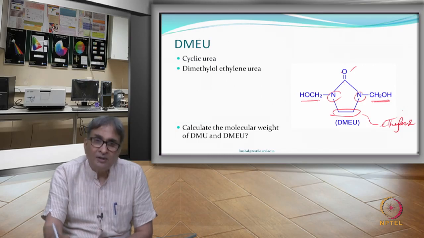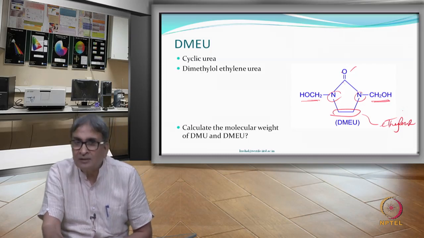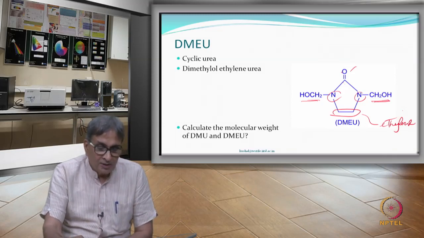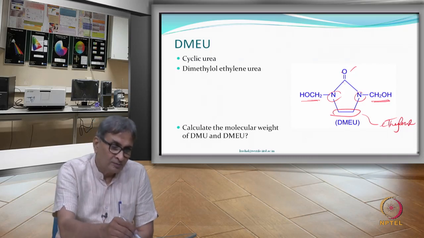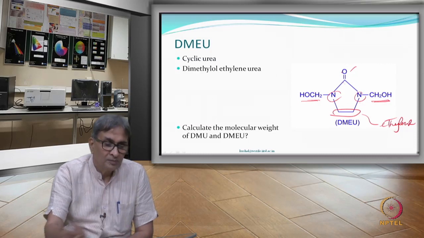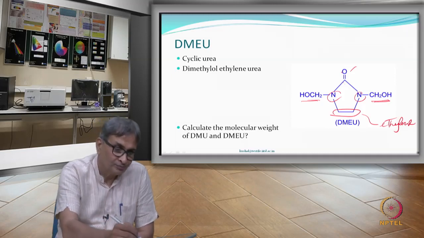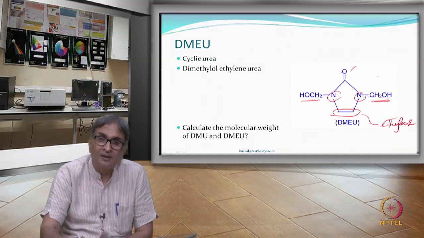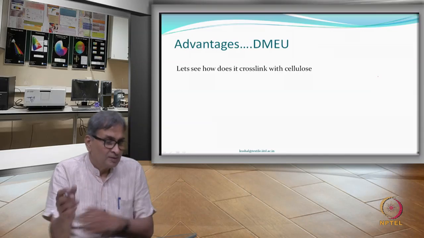You can always calculate the molecular weight of DMU and molecular weight of DMEU. Obviously, which one is higher? Obviously, DMEU is going to be higher. But what you interestingly see is the nitrogen. This nitrogen has no labile hydrogen, all right. That is an interesting part here, just because you have made a cyclic, no labile hydrogen on nitrogen. So, how does it react? Let us see